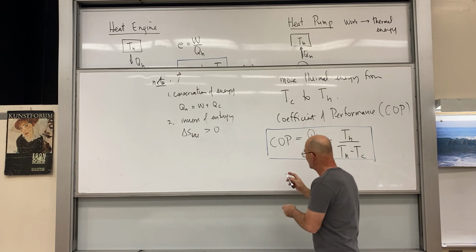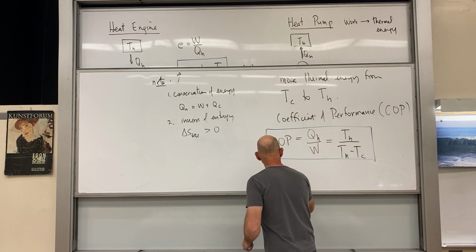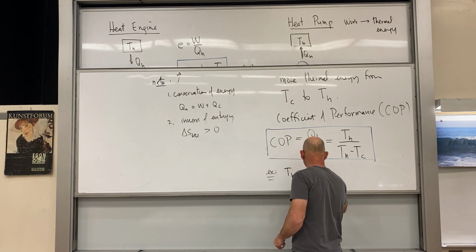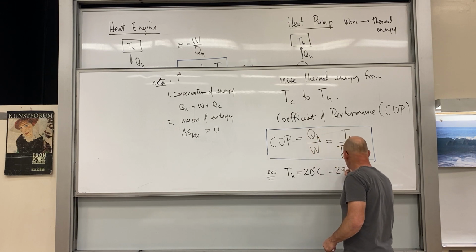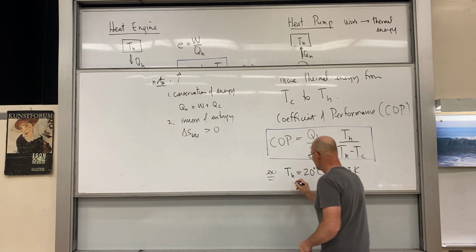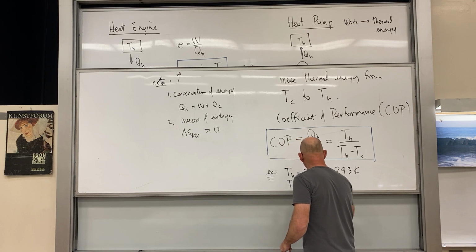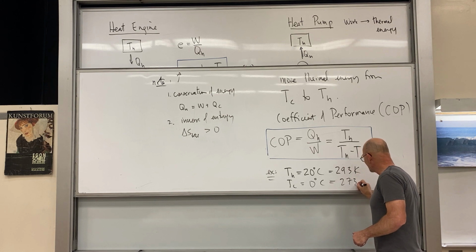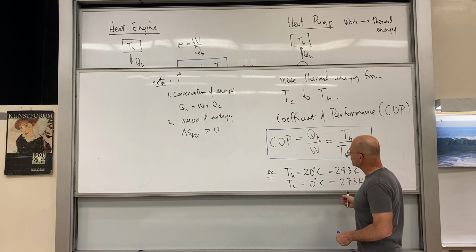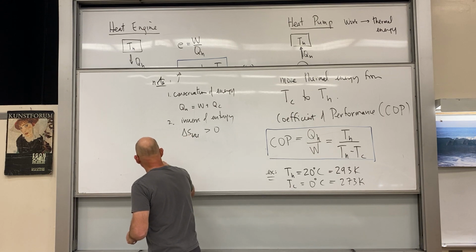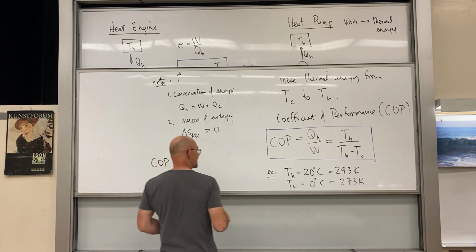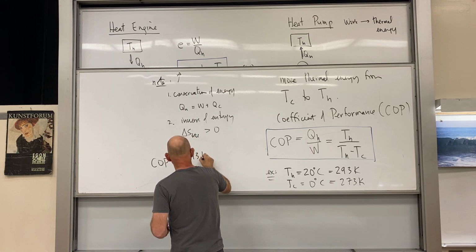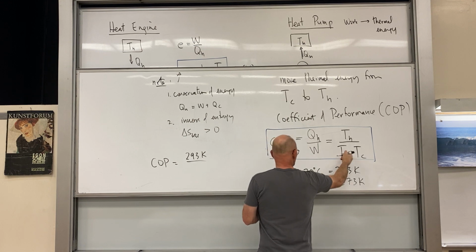The example would be TH room temperature, so 20 degrees Celsius, 293 Kelvin. TC 0 degrees Celsius equals 273 Kelvin. So what do we get? We would have 293 divided by that difference, which of course is just 20,